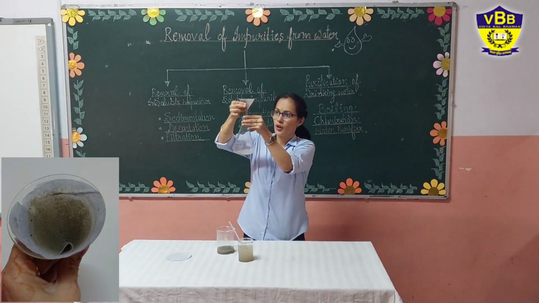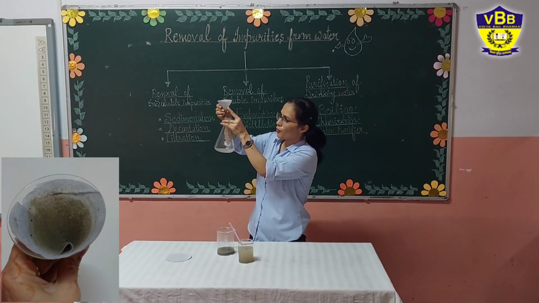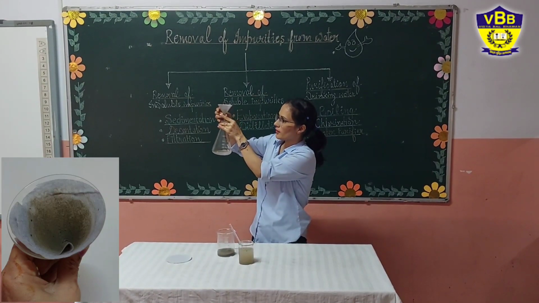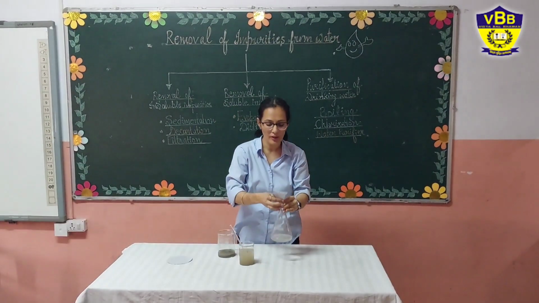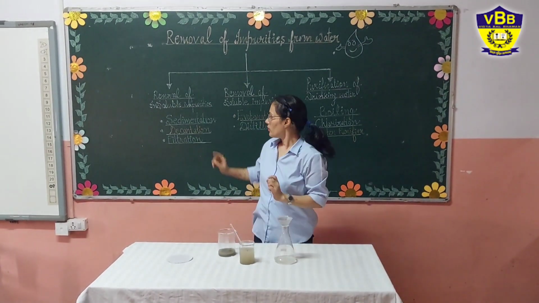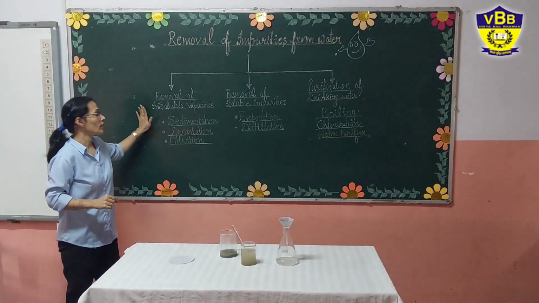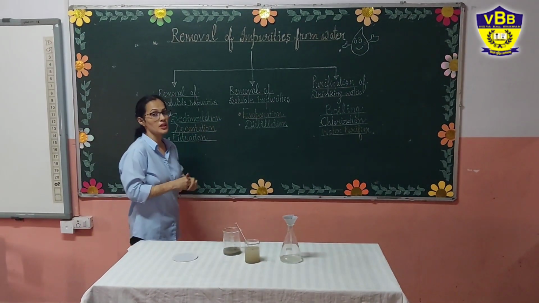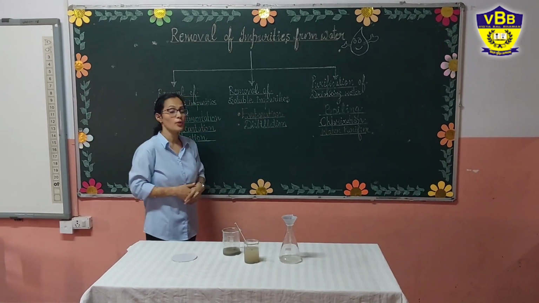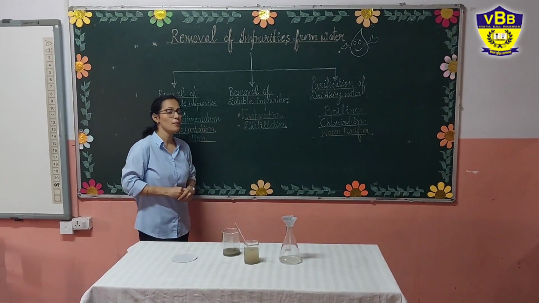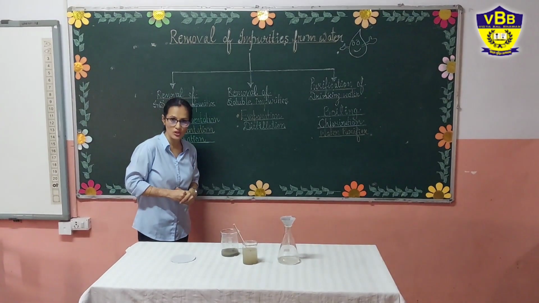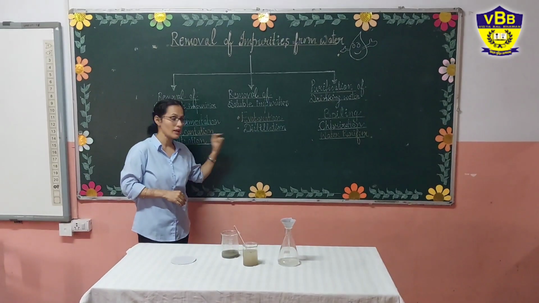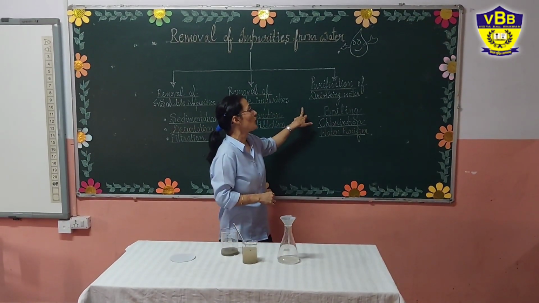You can see, if it is visible to you, the floating impurities are stuck right here in the filter paper. So this is our filtration process. These three processes are only for the impurities which are insoluble in water. But there are some impurities which are soluble in water. So how can we remove such types of impurities? We can remove them with the help of evaporation and, second, distillation, which we have already started in the class. And purification of drinking water.